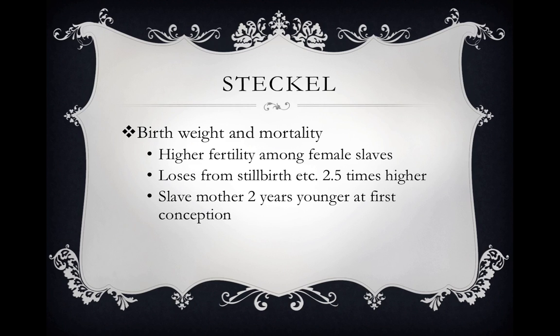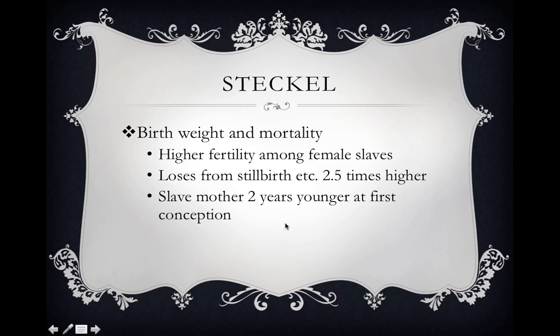Also realize that when he took a look at the age of first conception, slave mothers generally were 2 years younger than free women when they first got pregnant. So Steckel blows this myth out, that because the increase in the slave population and the free population were similar, they had similar qualities of life. He shows that that's not the case. It was just due to the fact that fertility rates were twice as high among slave women, and that infant mortality rates were twice as high, which is the reason why those two rates were similar.